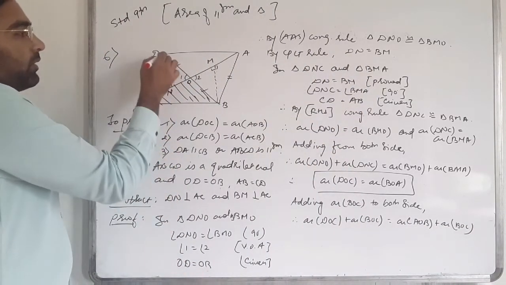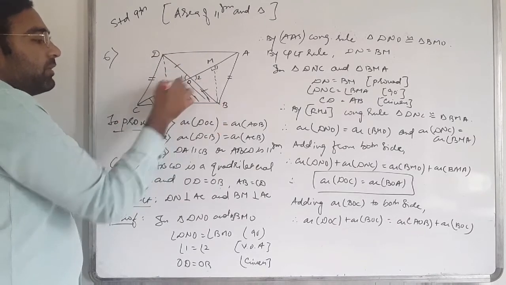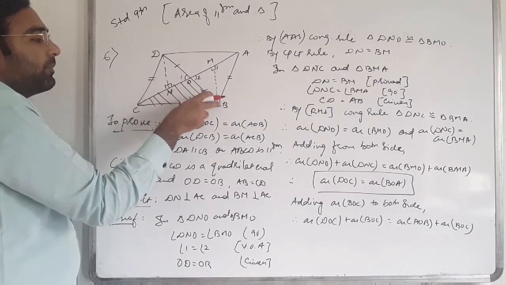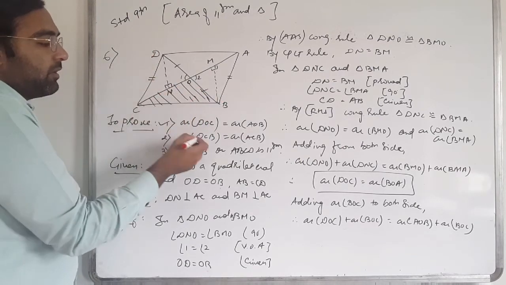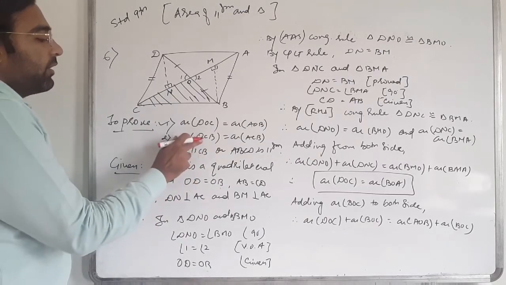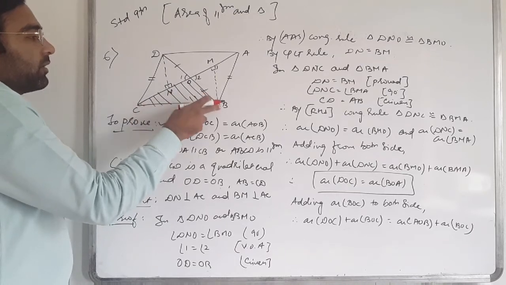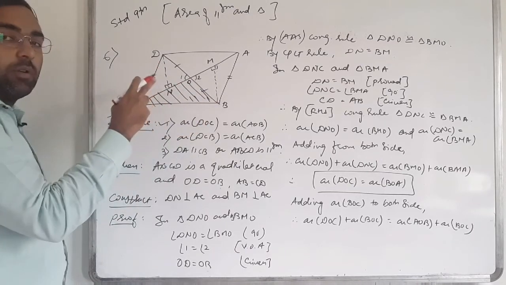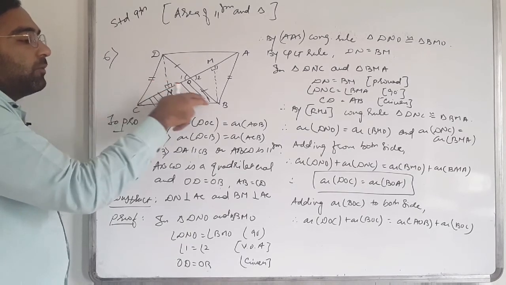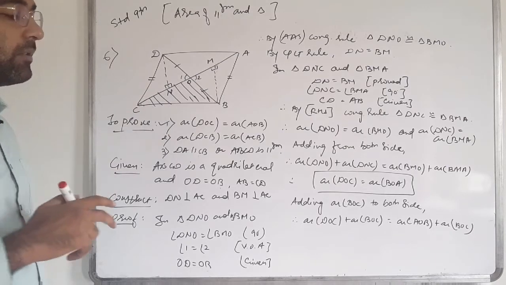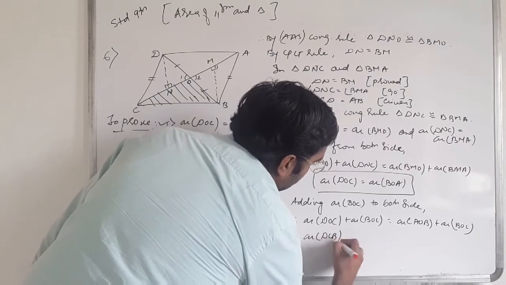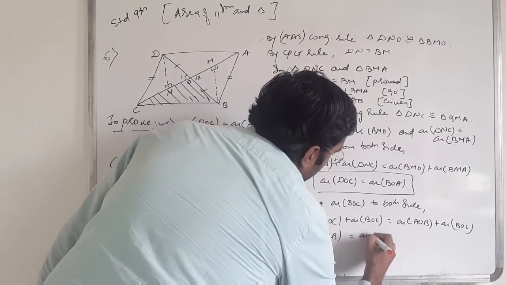So area of DOC plus BOC, both of the triangles, are combined with each other to form BCD or DCB. What we have to say is DCB or BCD. So we have to add both of these triangles to form DCB. So area of DCB is equal to the area of